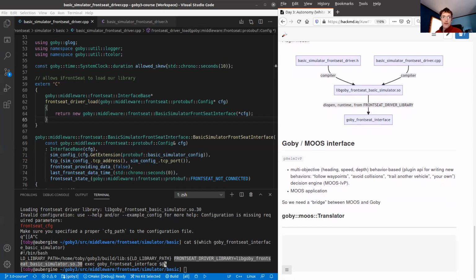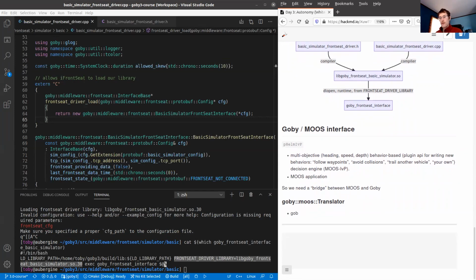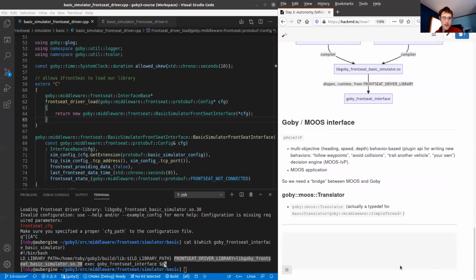So how do we do this? In Goby, we've got these threads that you can write that are based around Goby Moose Translator. Goby Moose Translator is a class that's actually a typedef for basic translator with the template parameter simple thread.